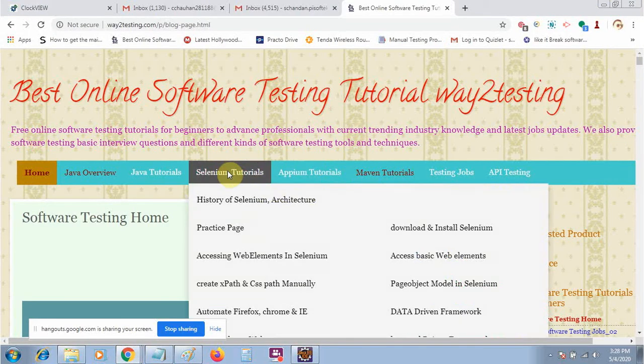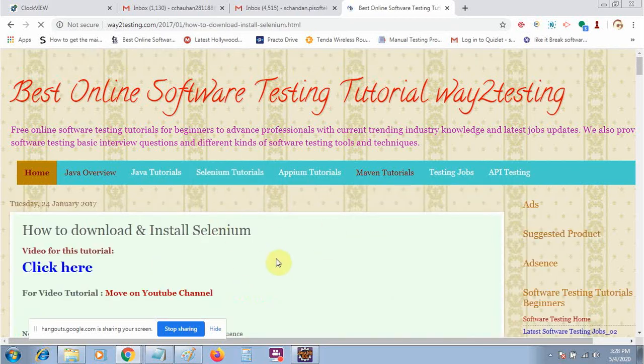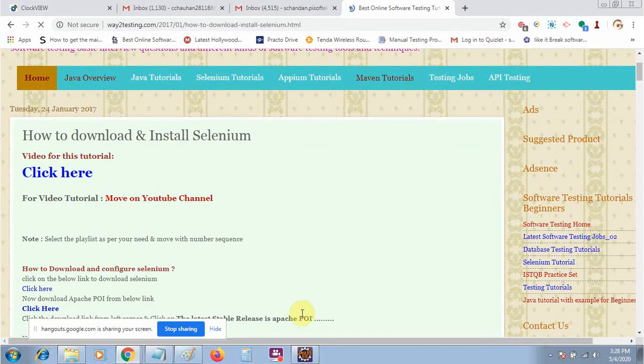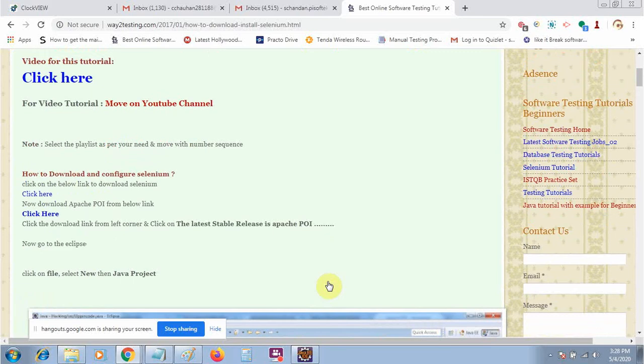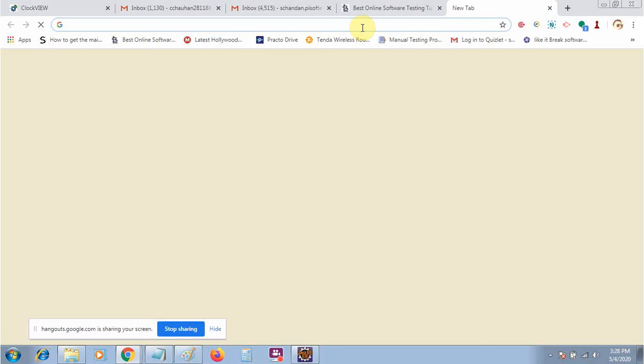So in this tutorial, I will just let you know how to download Selenium, because Java and Eclipse you have already downloaded and configured on your machine. You can get all the things on this web page as well.